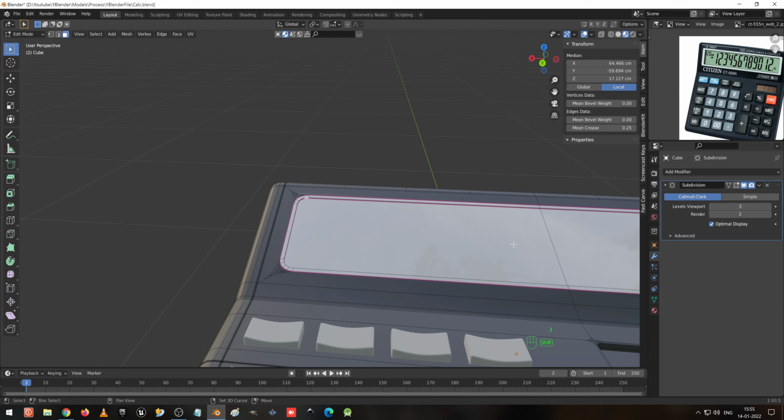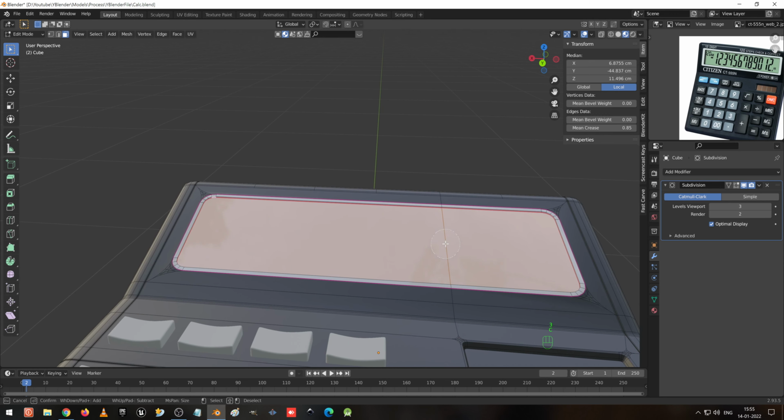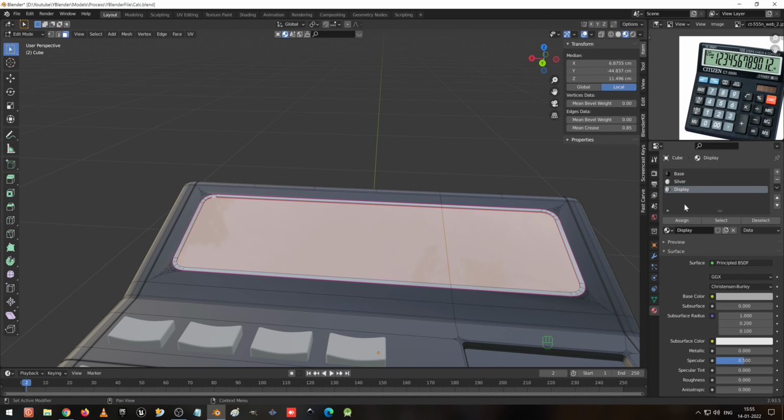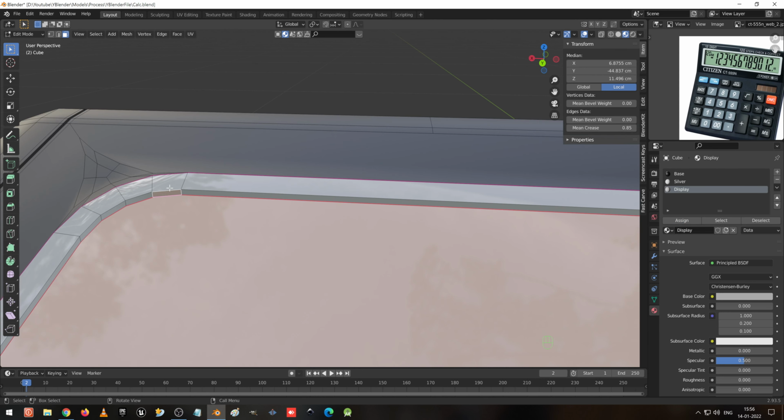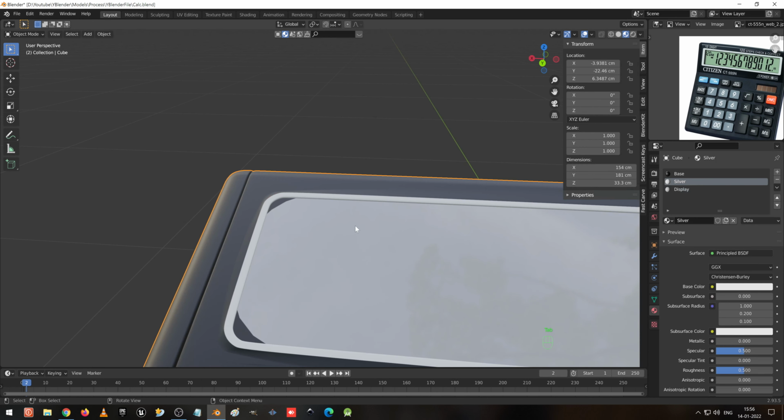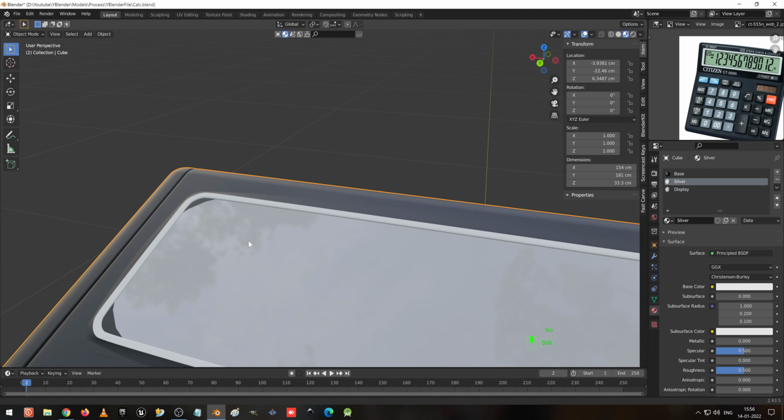Select these two, go to the material and make it display as assigned. And make it silver as assigned.